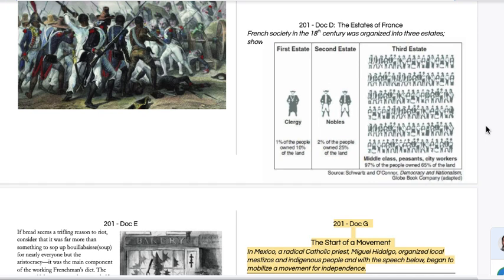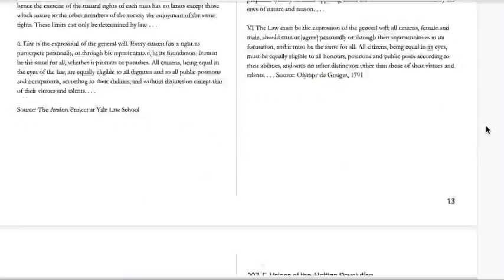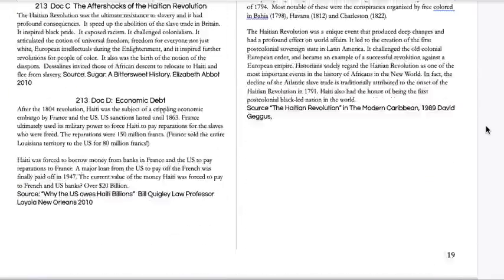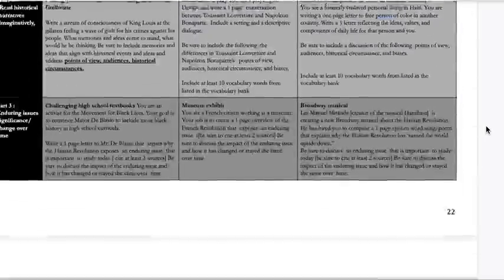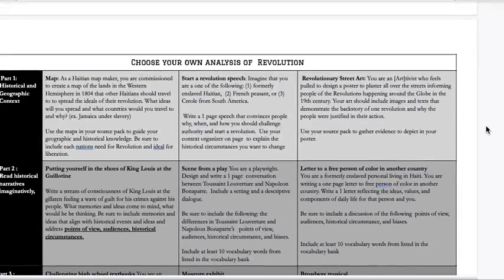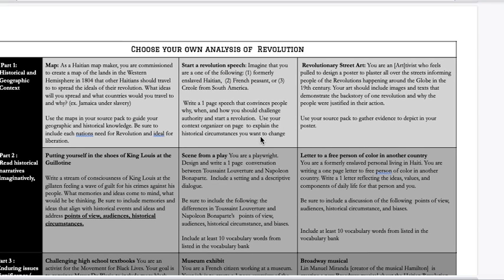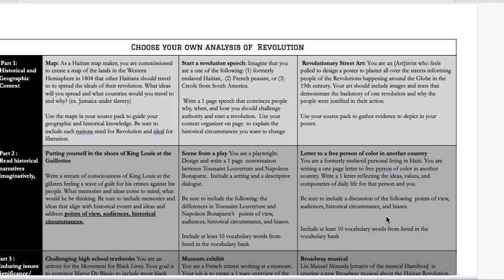along with images that compel people to challenge authority and rebel. Now, that's part one. That is due today. You should have been working on it. If this is your first time, don't worry. You can get it done and still submit it, but it is due today, and the grade will be going in by this Friday.